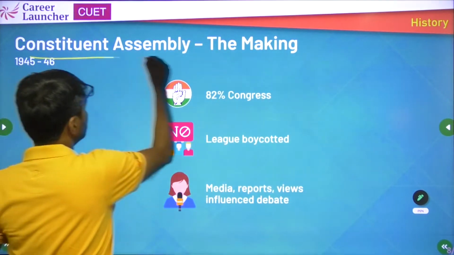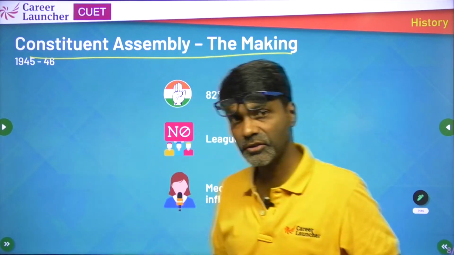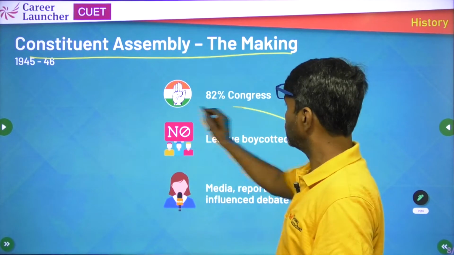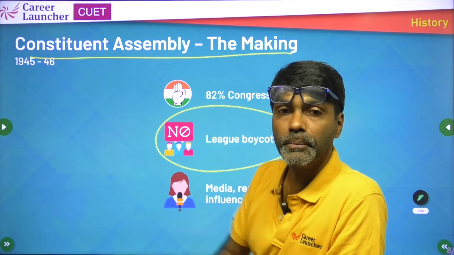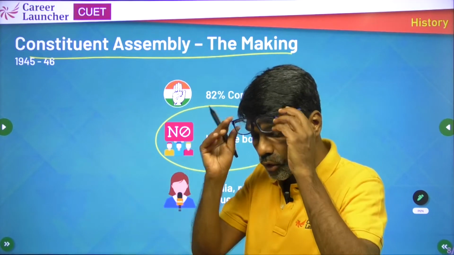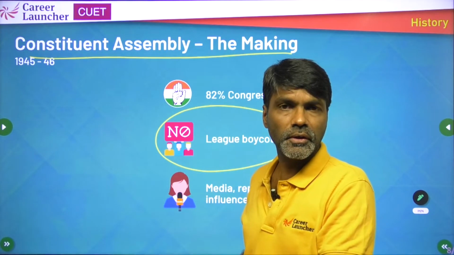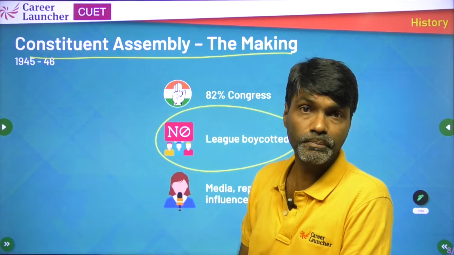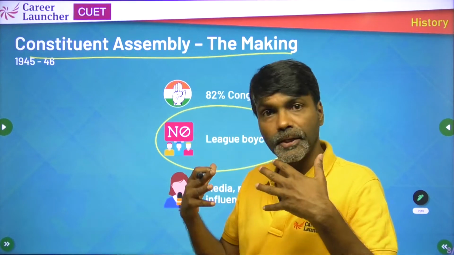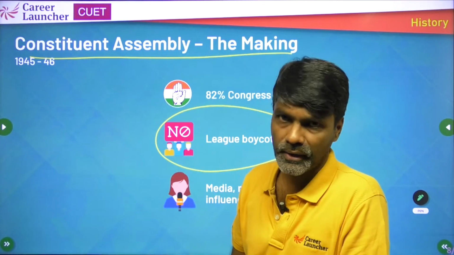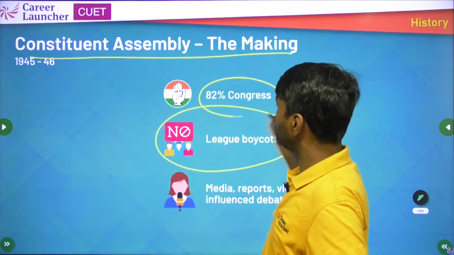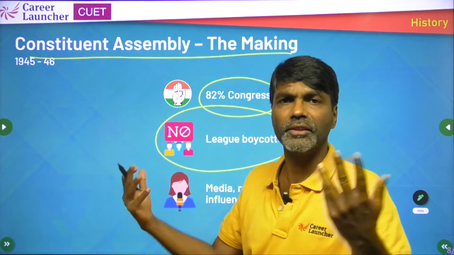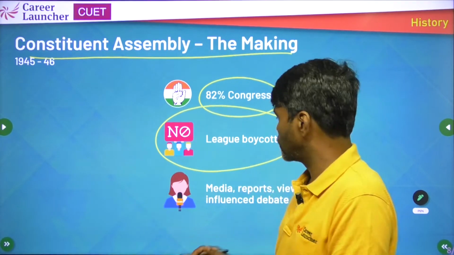Now, in these elections, after the people were sent, two things happened. One, the Muslim League boycotted being part of the Constituent Assembly. They said that even if we go there, it's of no use, we won't get our say, so we are boycotting it, we want only partition in the form of Pakistan. वो जो दौर था वो तूल पकड़ चुका था, and 82% of the members in the assembly were Congress people. So it was essentially called, you know, Congress guys are going to be part of the constitution making.